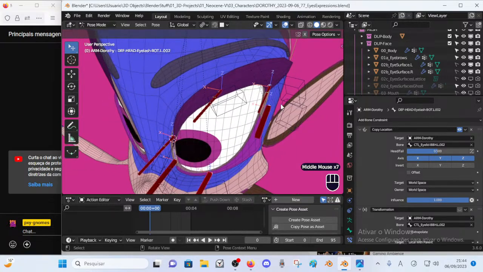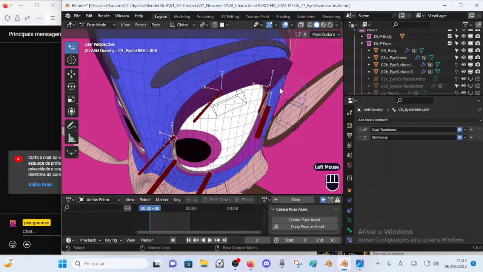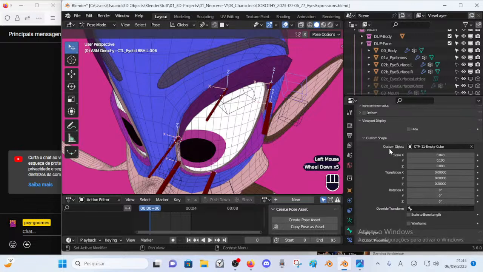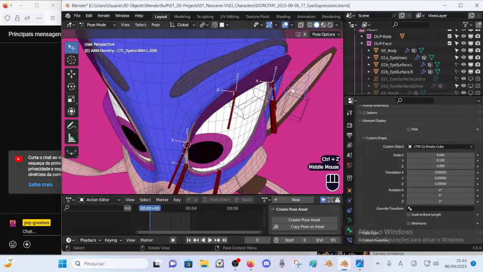Oh, it is. What's happening is that this is a proxy location, a false location. This is because of the custom shape. If I just zero out this value, then you see it matches. So it's just the custom shape.